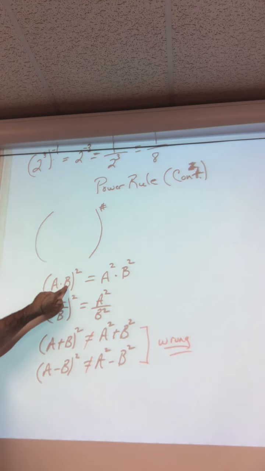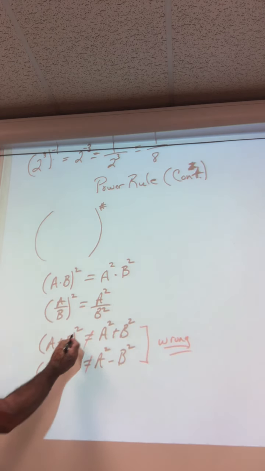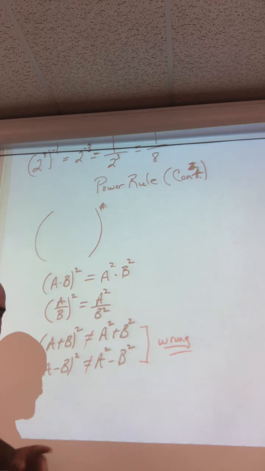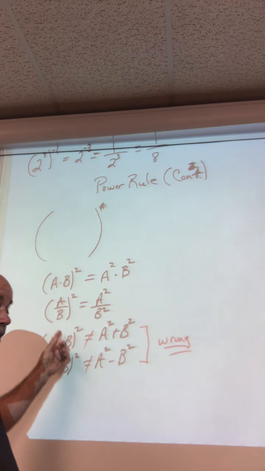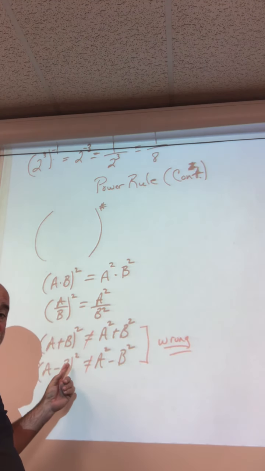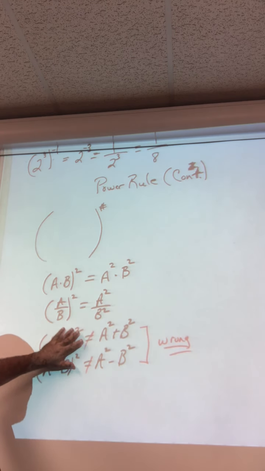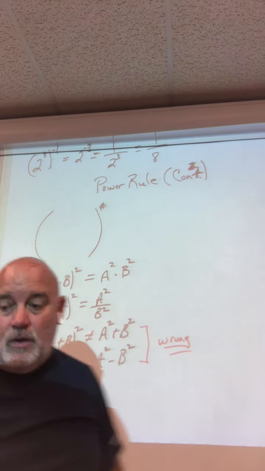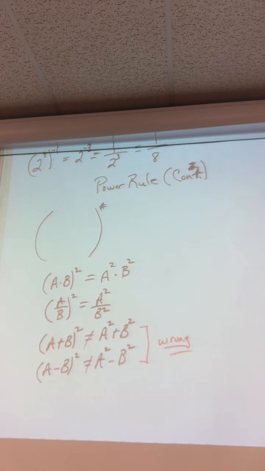If you have A times B and you're going to square it, you can just square each one separately. If you have A divided by B and you're going to square it, you can square each one separately. But if you're adding or subtracting in these parentheses, you cannot apply that power to each one separately. Now, the reason it's important that you at least hear that is that a little bit later on down the road, in a couple of sections from now, we're going to work these. But right now, we're going to be doing nothing but multiplying and dividing, so that power rule can be applied to everything in there when we work it. Okay, so